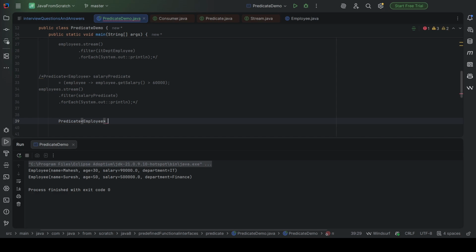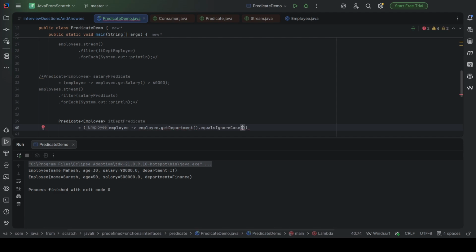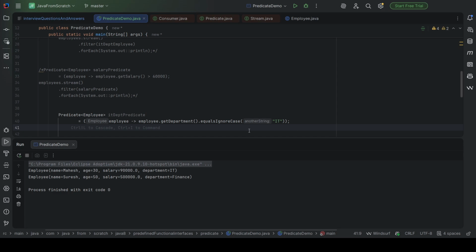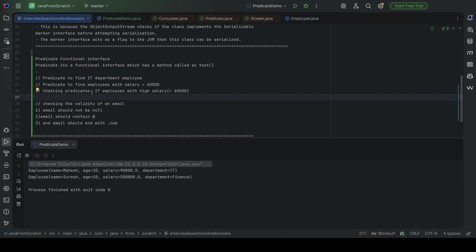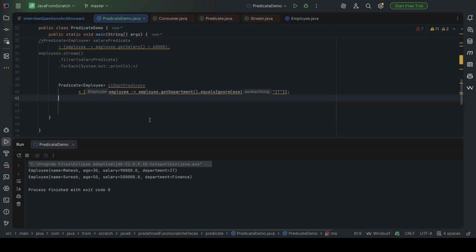Create a Predicate of Employee, IT department predicate equal to, bracket, employee, such that employee.getDepartment().equalsIgnoreCase("IT"). The first condition we have written, but we want IT employees with salary greater than 60,000.